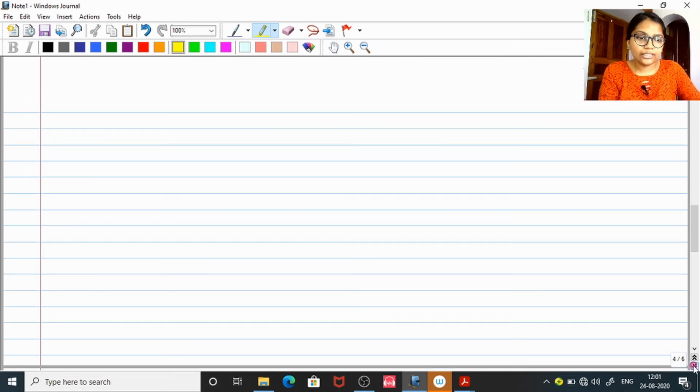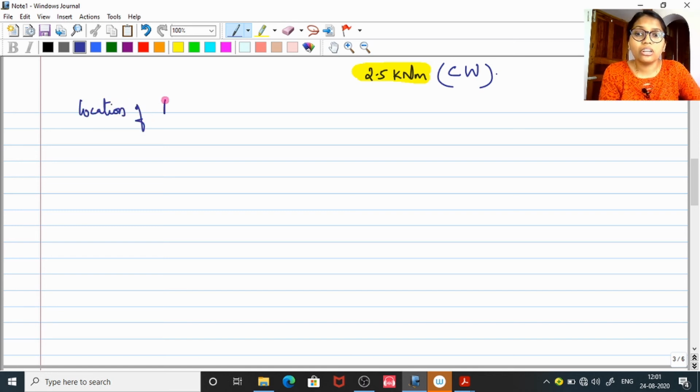Okay. Next step is to find the location of your resultant force. For that there is a formula available: sigma M is equal to resultant force into R. Okay. This R indicates the position of your resultant force. So you have the value of sigma M and also the value of the resultant, so substitute like 2.5 kilonewton meter is equal to